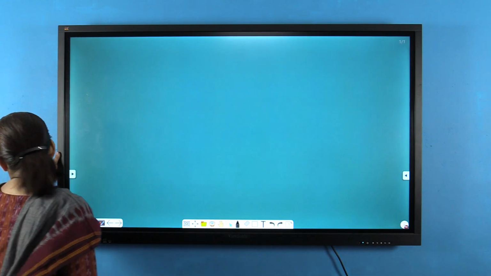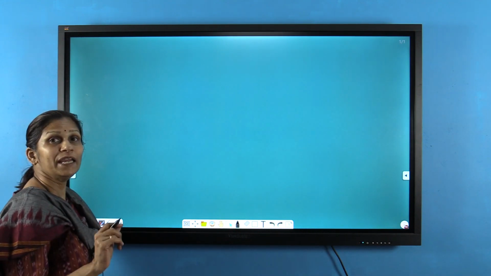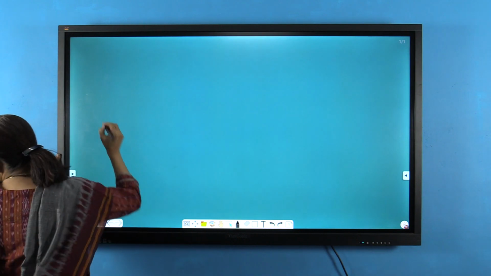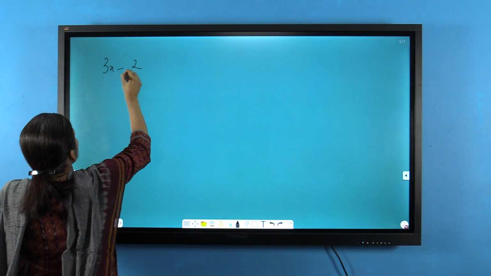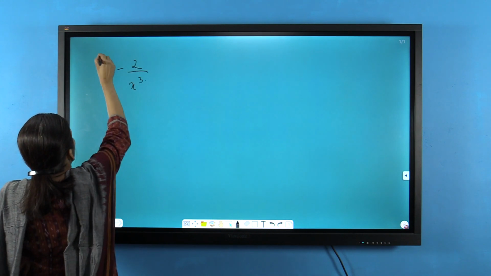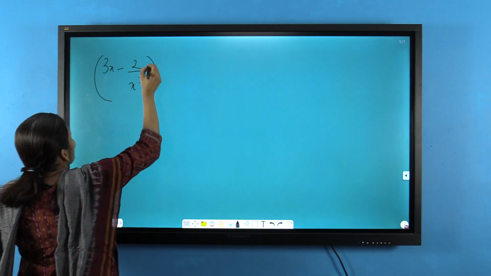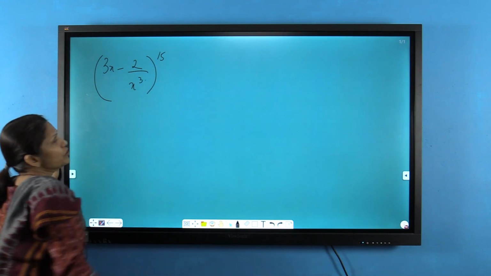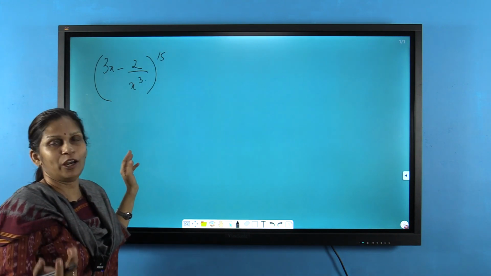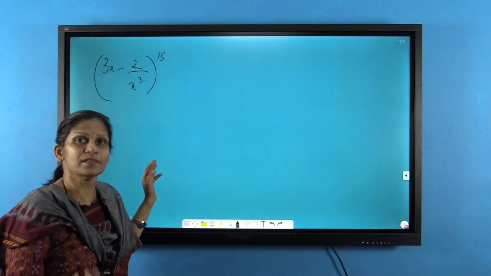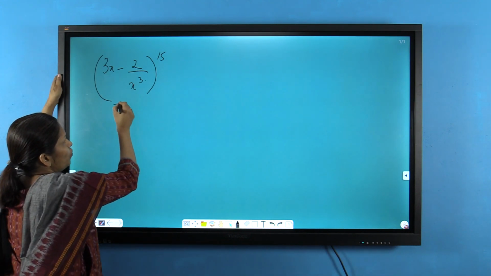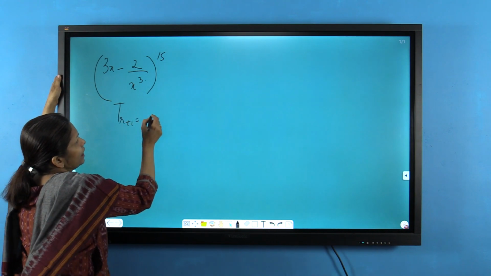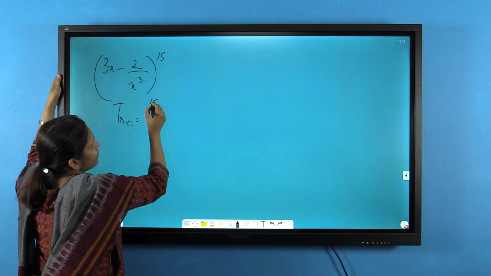Now, the next one. Find the term independent of x in the expansion of (3x minus 2 by x cubed) the whole raised to 15. So, as before, they may or may not be. Let us assume that there is a term independent of x and it is the r plus 1th term. So, what is the r plus 1th term? It is 15c,